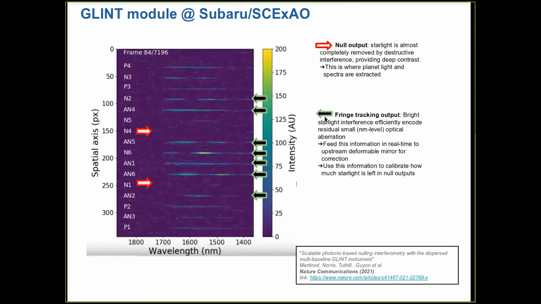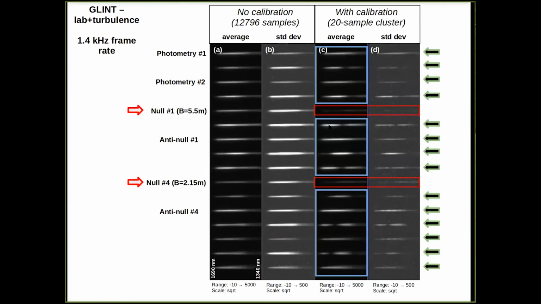Those of you working in interferometry would call this a fringe tracking output. And some of the outputs are null outputs. The interferometrists call this a null output. Coronagraph people would call it a science pixel, essentially a dark science pixel. So we tested the same algorithm